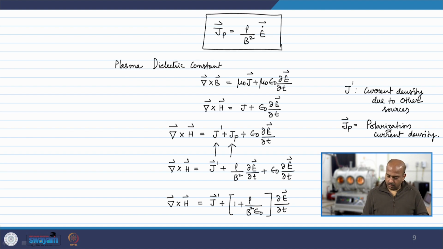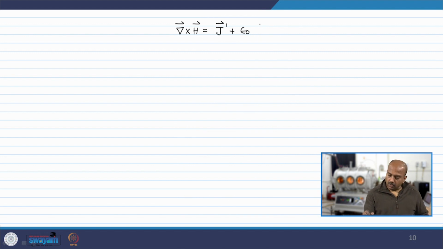Okay, let us just for discussion write del cross H equals J prime, the current density due to other sources, plus epsilon naught times 1 plus rho by epsilon naught B square